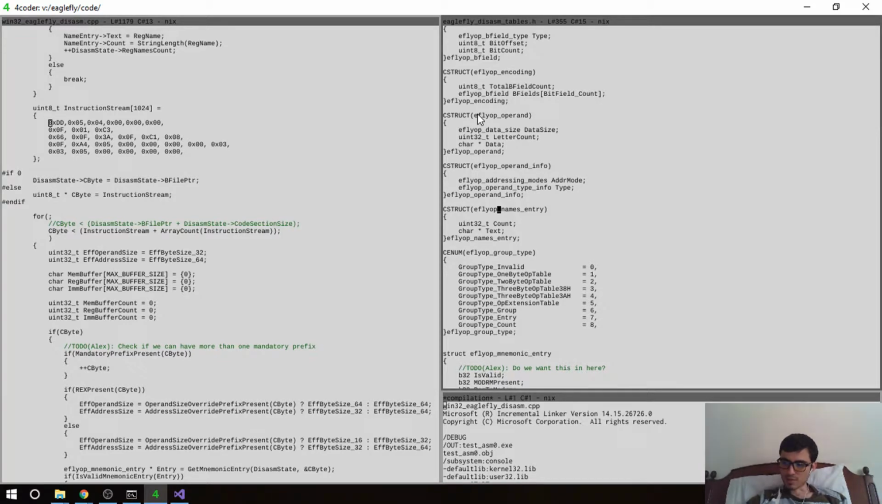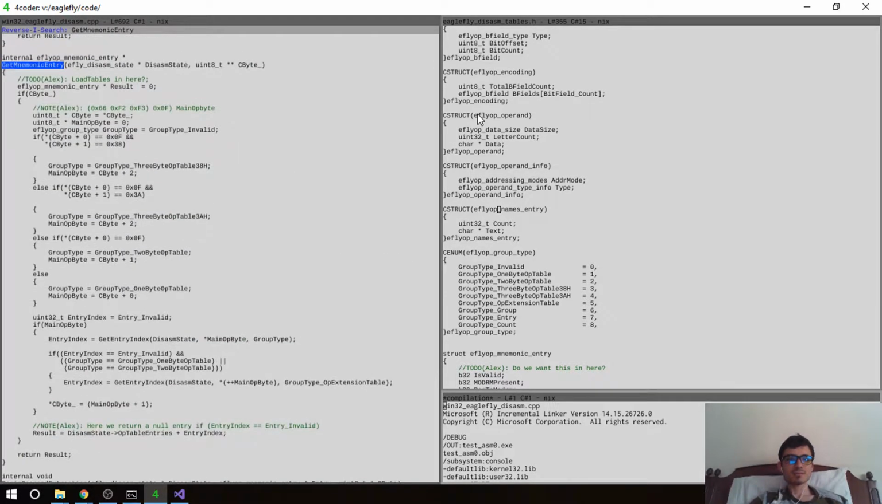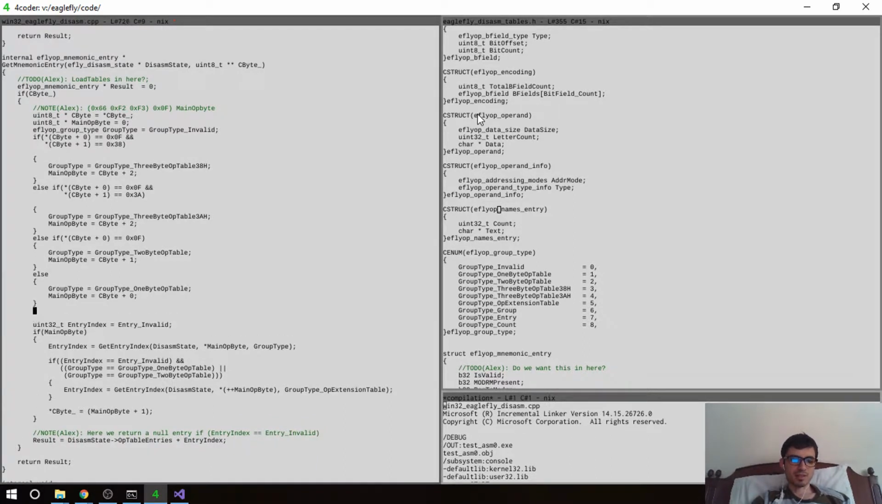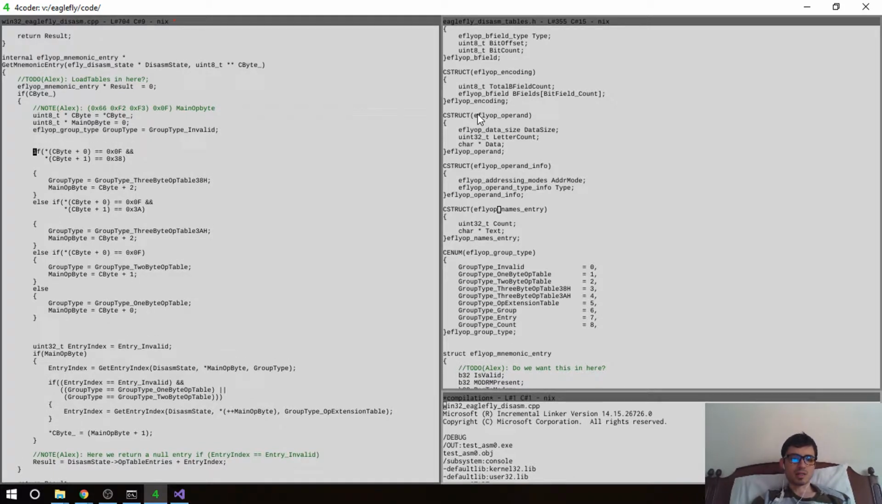But let me think about this. Let me see the usage case there. So let me go to get mnemonic entry, which is the case in here. So we're going to pretty much make the same stuff here. Now we can do that, I believe, in here, which is if cbyte